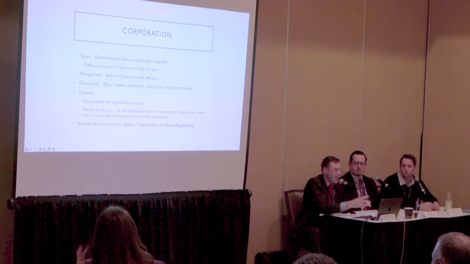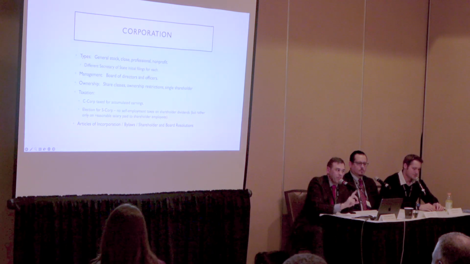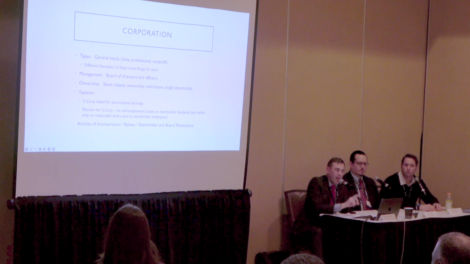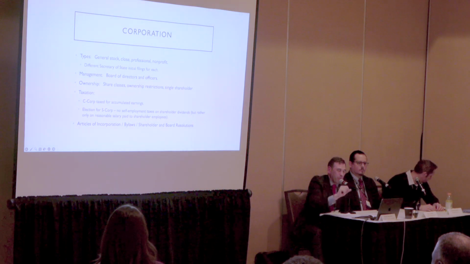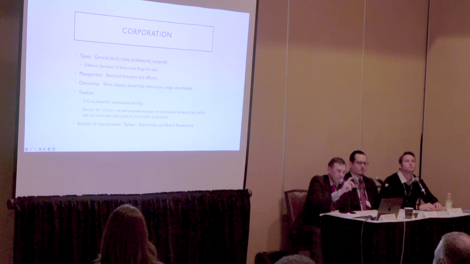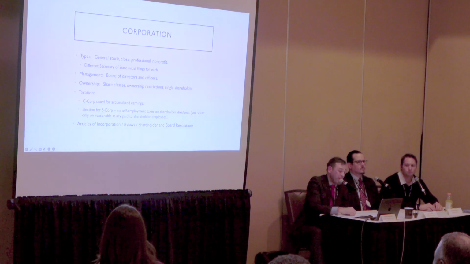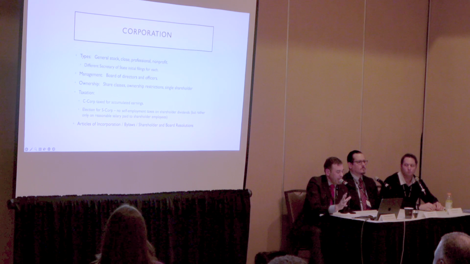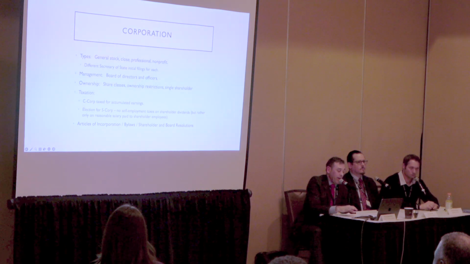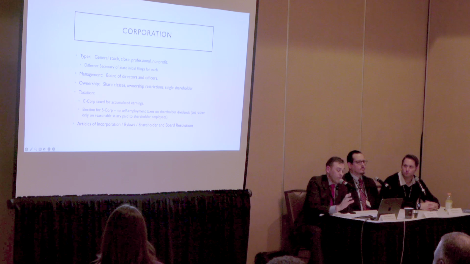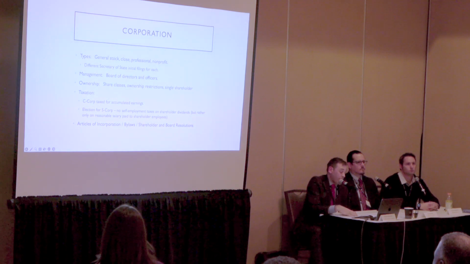So, and then you can have general stock and closed corporations. They all have different features, and each of these entities has a different type of filing for the Secretary of State. So you can't just form a professional corporation by using a general stock corporation. Articles of incorporation filing has its own special form. So management, effectively you have a board of directors that's elected by the shareholders, and officers that are appointed by the board. You can have different forms of ownership, share classes, ownership restrictions, just single shareholder ownership, not a problem there. As far as taxation is concerned,